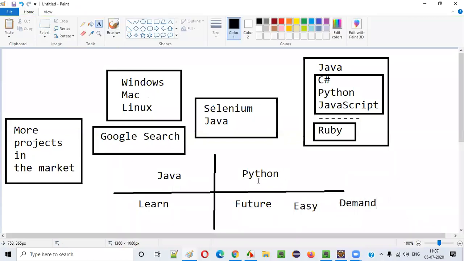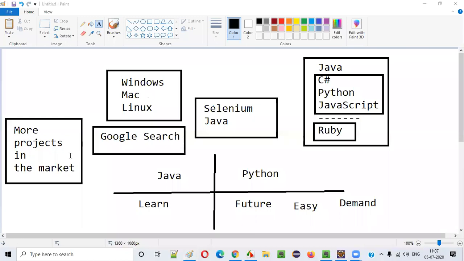You see fewer jobs for Python when compared to Java, I'm saying. But demand will be high because fewer people are there for Python, right? A lot of people are already trained on Java, so it may become a bit easier for them to get a job on Python, right? That's why they are saying it. But for learning purposes,